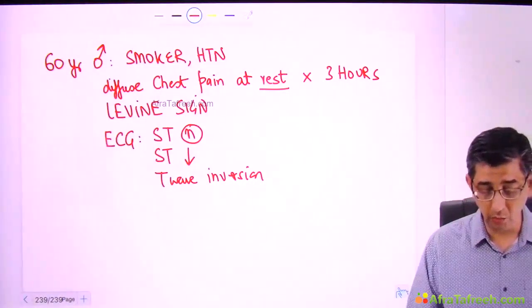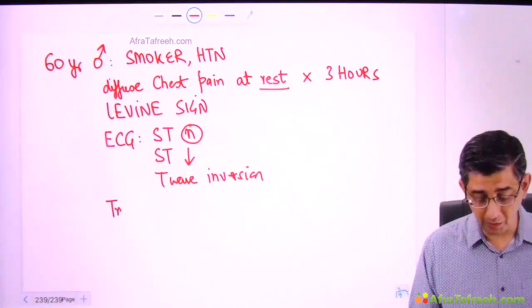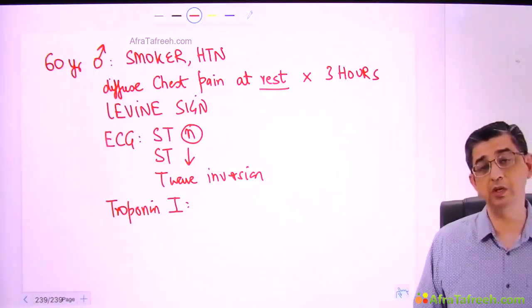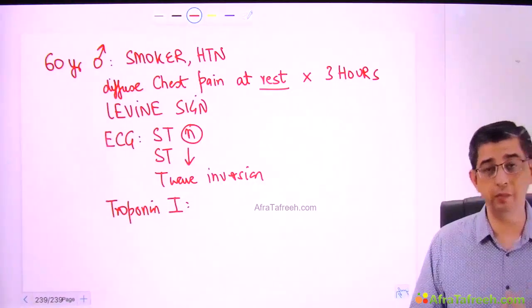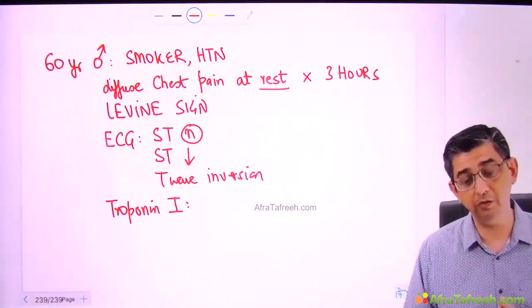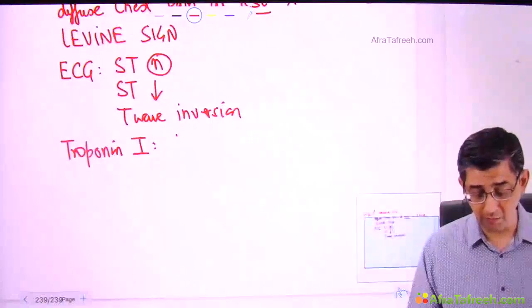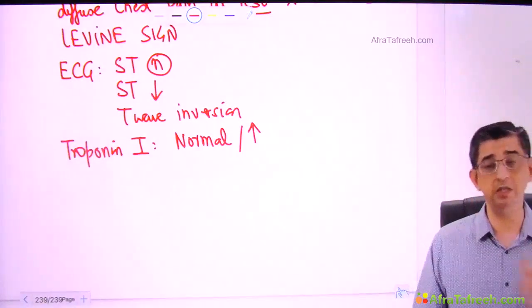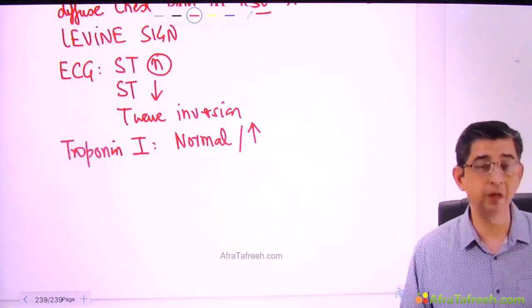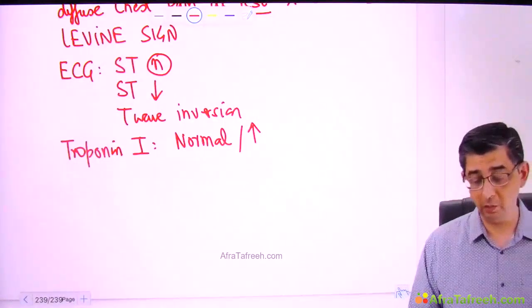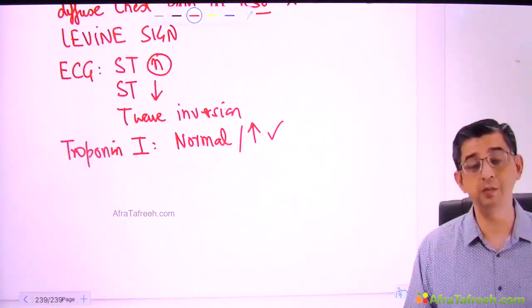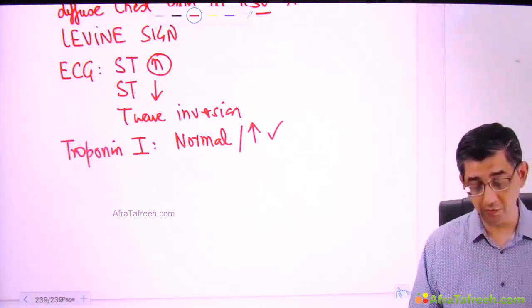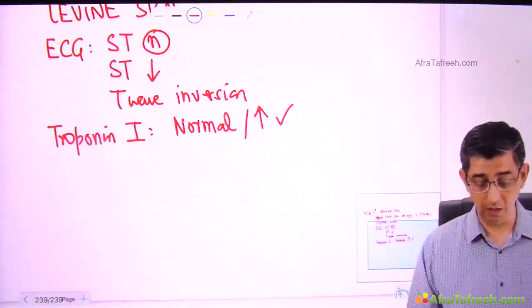So what is going to tell you in the question that this particular patient is having unstable angina will be the biomarkers. If you check the biomarkers in this particular case, it's already been 3 hours. Usually troponin I tends to rise in myocardial infarction by 3 to 4 hours. In this case, the values of troponin I will be given to be normal. Yeah, they can be slightly elevated, but sometimes that slight elevation may not be picked up. The normal value of troponin I is 0.04 nanograms per deciliter. Now, the point is, in this condition, it might be a slight elevation, but sometimes the slight elevation may not be picked up by the kits that we are using. So in lots of cases, the report will turn out to be normal.